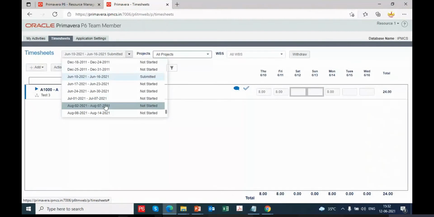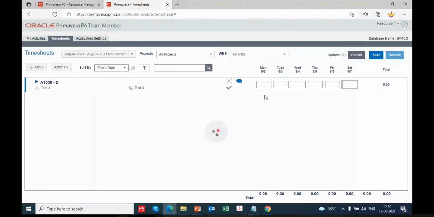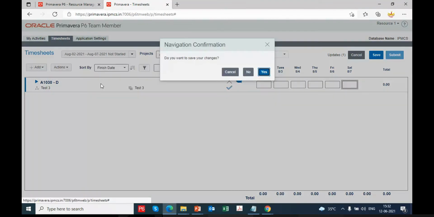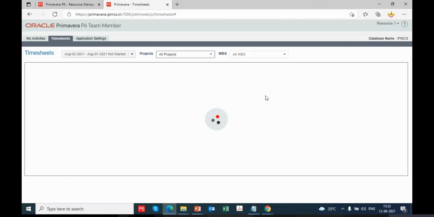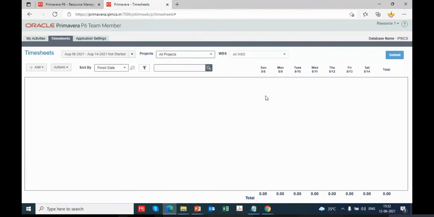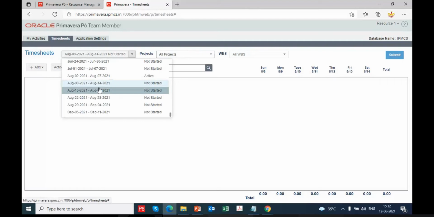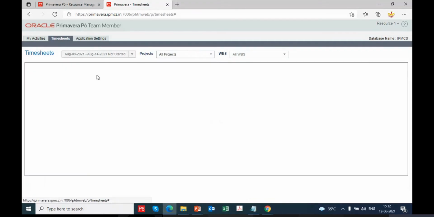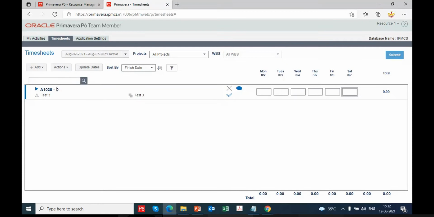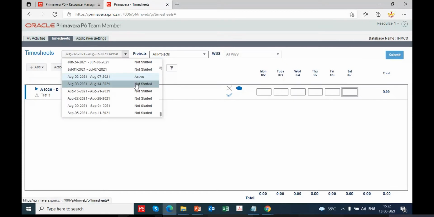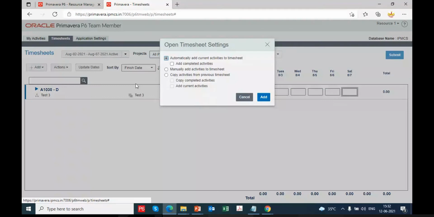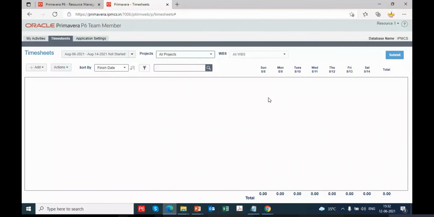My project is starting from this date. So you can add manually to the existing activities.